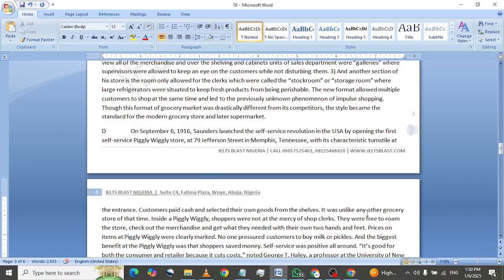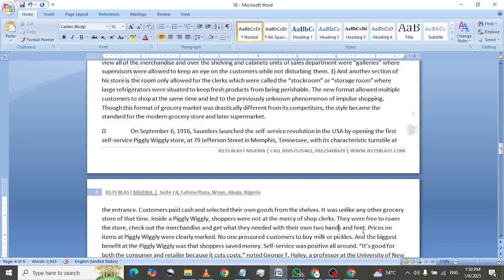It was unlike any other grocery store at that time. Inside a Piggly Wiggly, shoppers were not at the mercy of shop clerks. They were free to roam the store, check out the merchandise, and get what they needed with their own hands